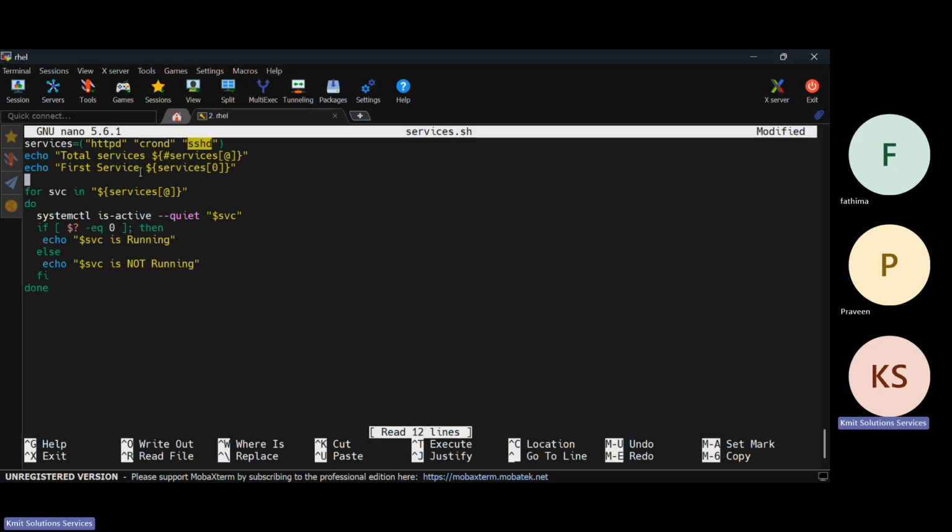So I will say my service, and 0, 1, 2, and 3. Okay. At the third index, I want to give a new value, say something like Nginx. Now, it means I'm adding a new value to my array. So now the number of elements, if you see after this,